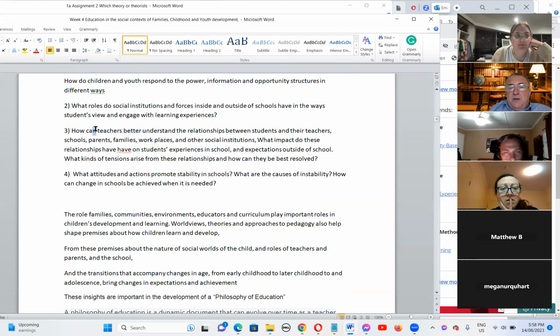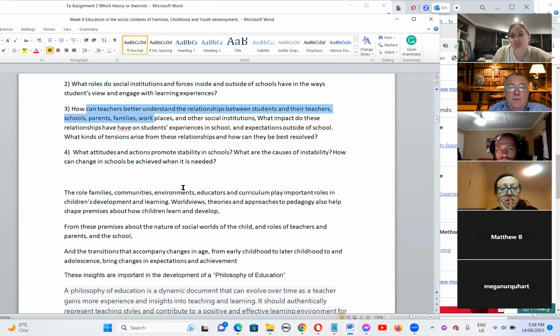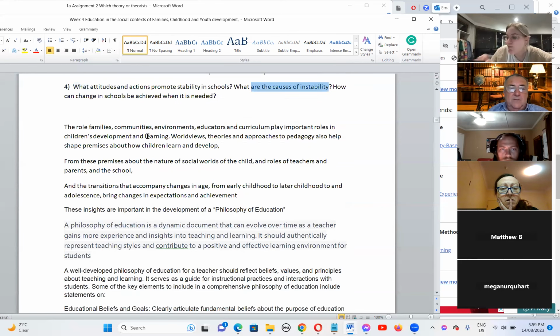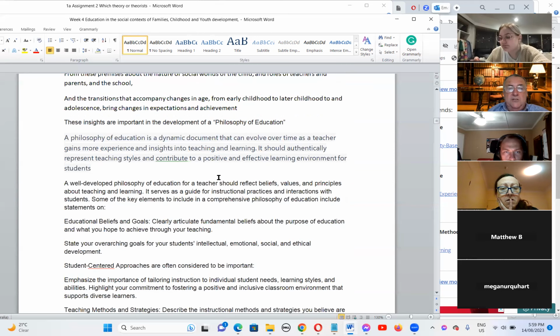Thirdly, how can teachers better understand ways to develop relationships with families and parents? Maybe you could go and stand at the gate before school or after school, get to know the parents, and share one with another, have an afternoon tea sometime. What attitudes and actions can promote kindness and therefore stability? And what sort of neglect promotes instability when children or parents feel left out? So, what are the roles that families, wider environments, workplaces can play, and how, as teachers, can we connect?